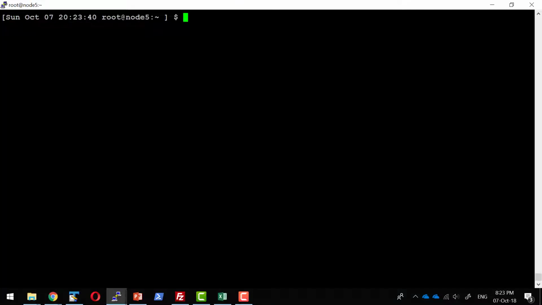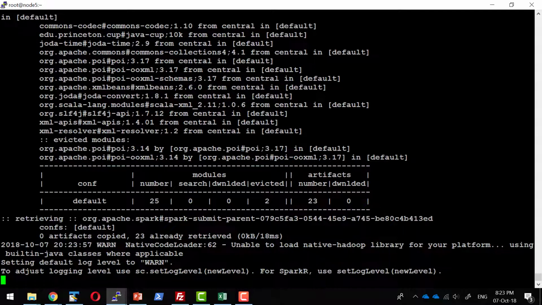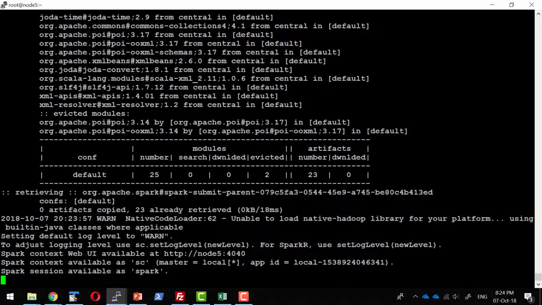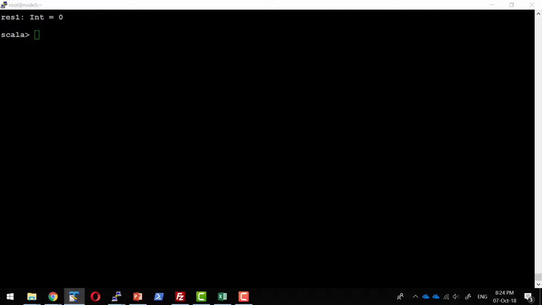Let me start this Spark shell and use this particular package. So I'm going to say spark-shell and the package. So the required packages and the dependent jar files will get included. If it is not available, it will get downloaded automatically. Now I'm going to use the Spark session, the read class within it, and I'm going to use the method format. I'll create a data frame